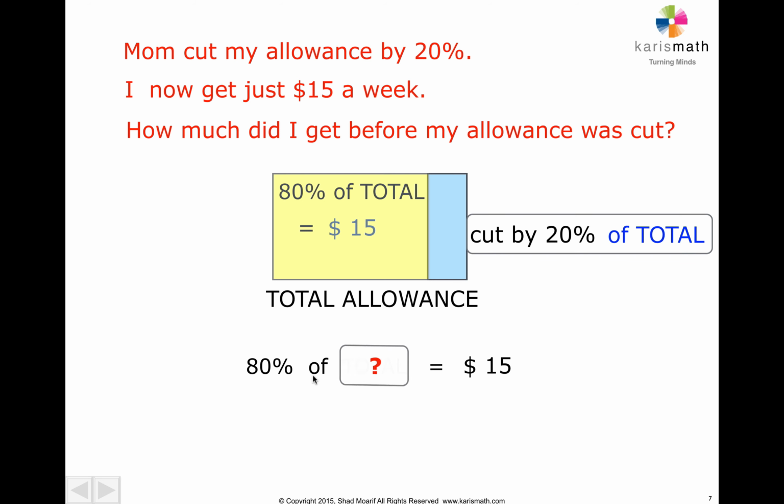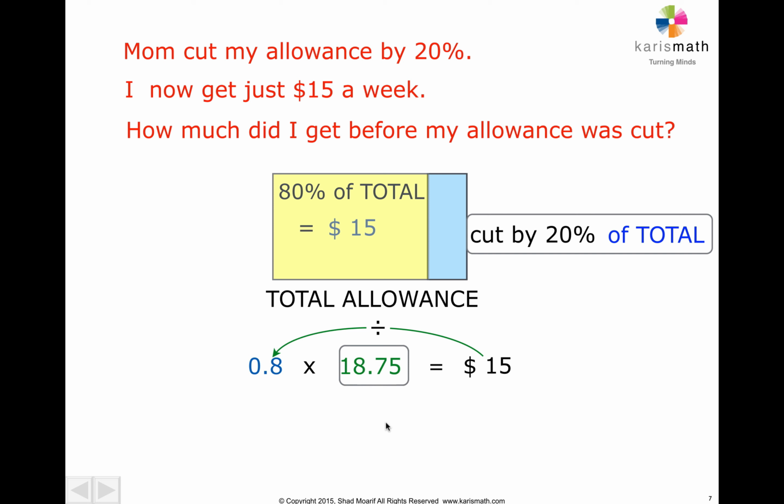Of means to multiply. We don't know what this is. 80% is 0.8. And since of means to multiply, remember, we can find out the original. 0.8 times what is $15? You've done these kind of problems. All you have to do is divide $15 by 0.8. And if you do that, then the answer that you'll get is